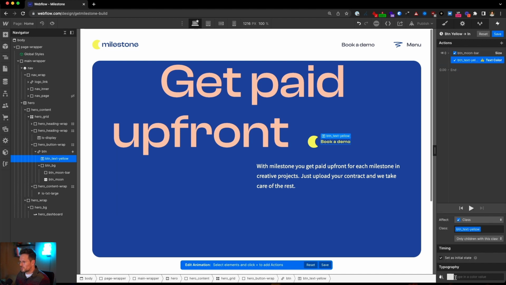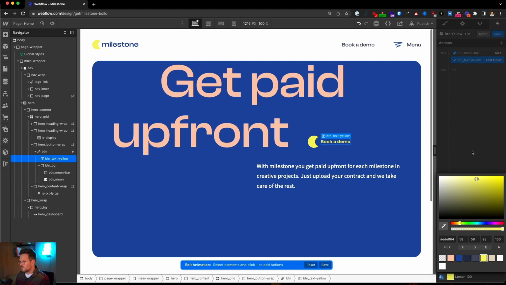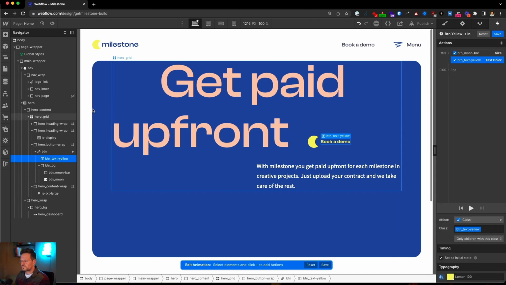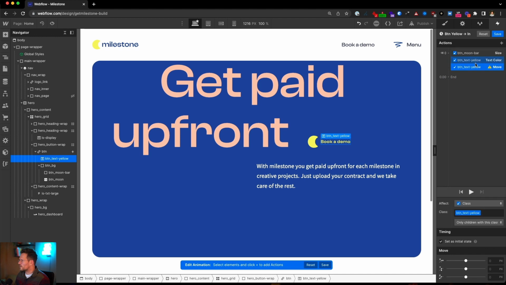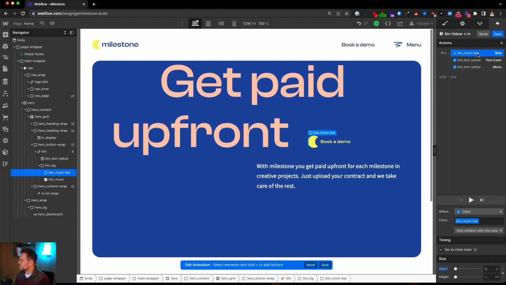We also make it initial, and let's choose yellow. It should be yellow at the beginning. And the next is actually also the text, but we need a move on that. And yeah, the initial move will be, oh no, on the x-axis 0 EM. Okay, and now we can copy this one.